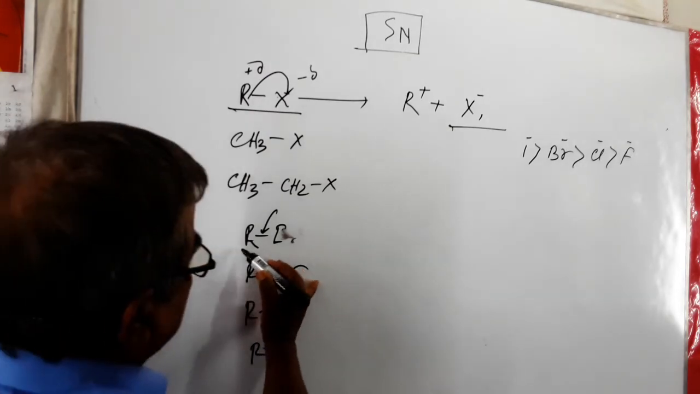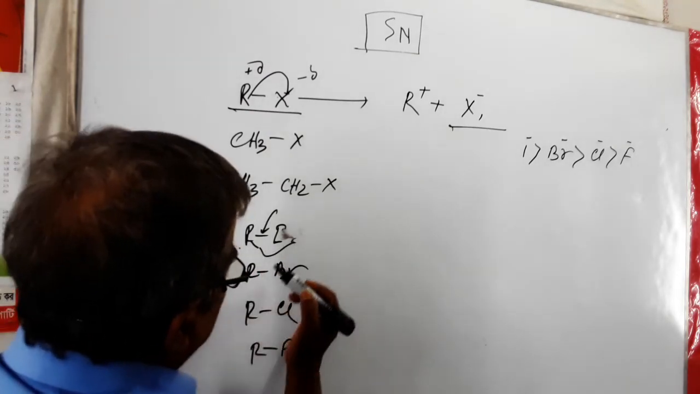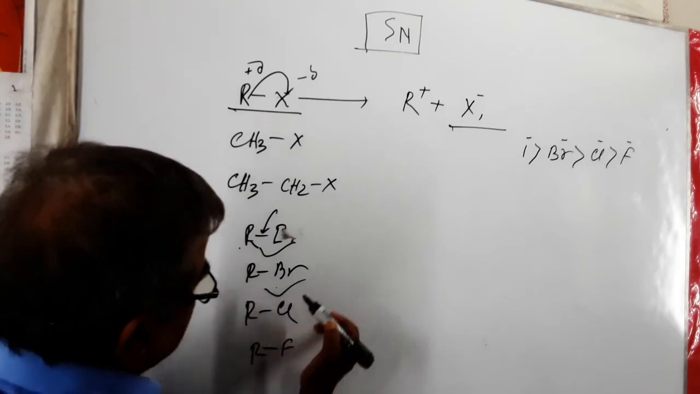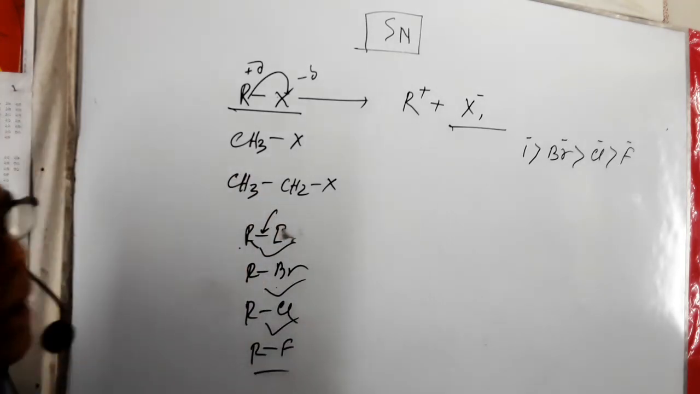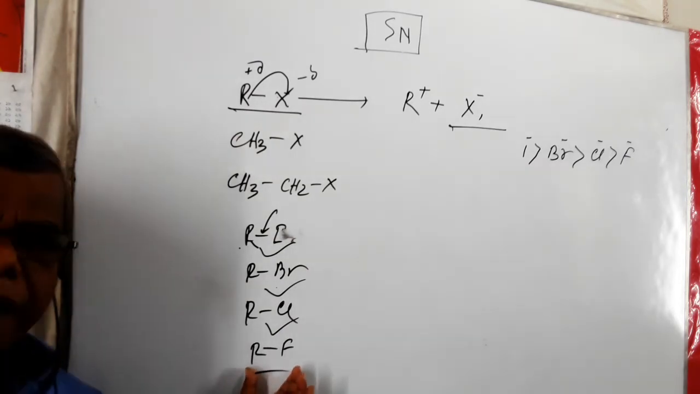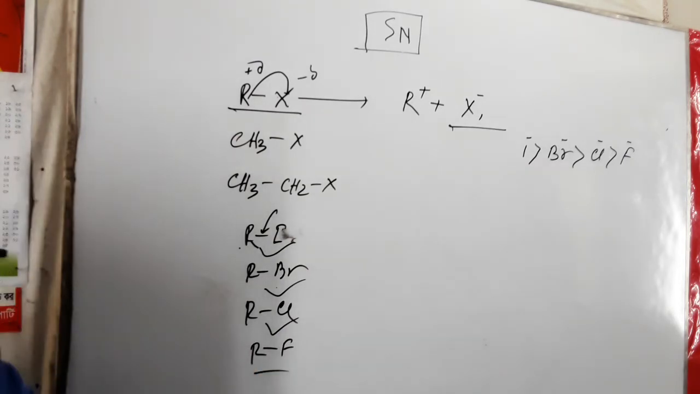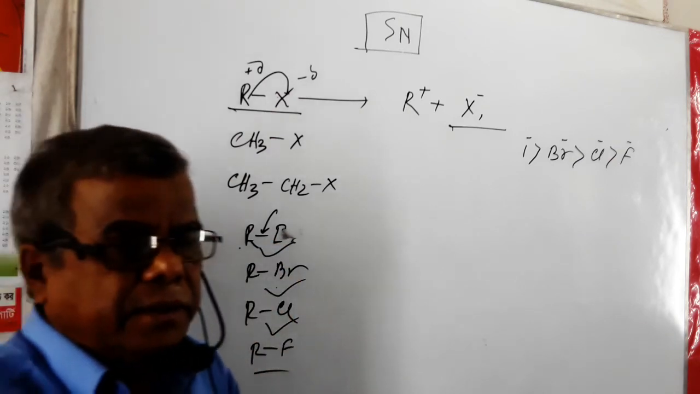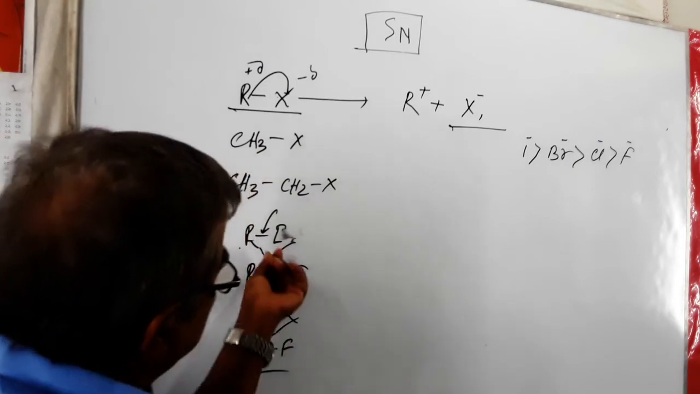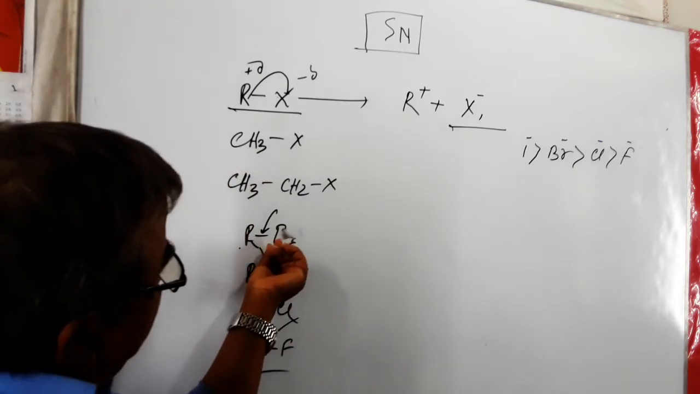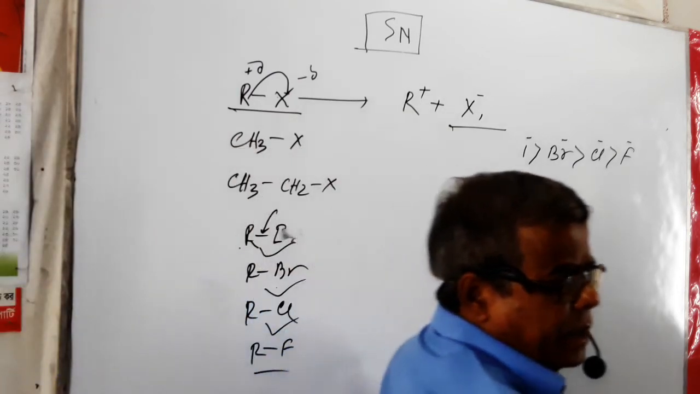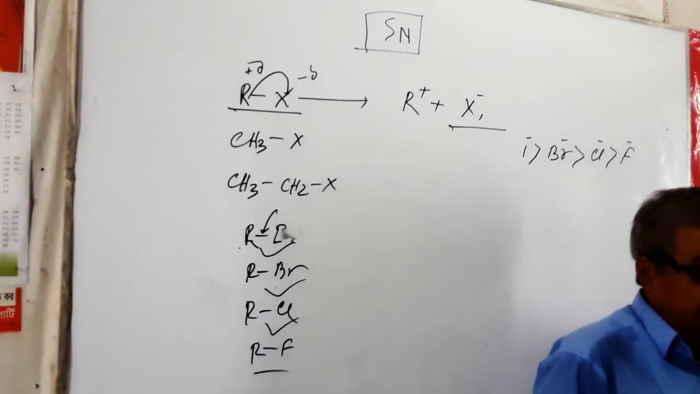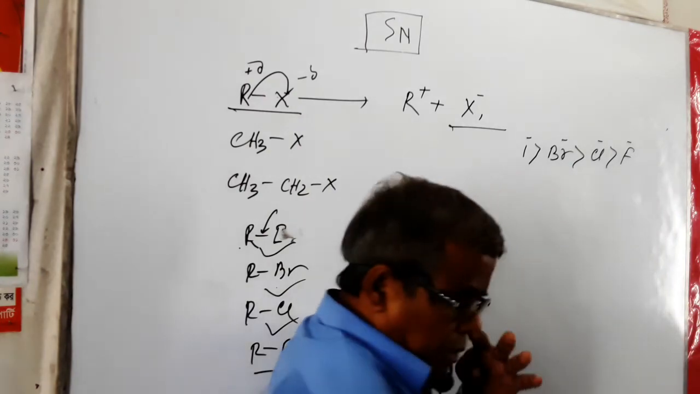That is, the rate of the reaction for iodide is greater than bromide, bromide is greater than chloride, and chloride is greater than fluoride. The stability of alkyl fluoride is the highest compared to alkyl iodide. The bond strength of alkyl and iodine is near about 200, and so on. Now we shall consider